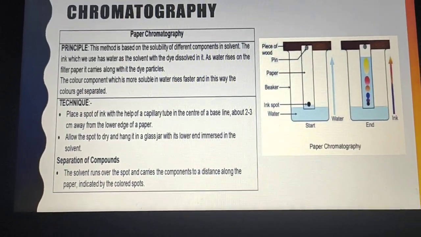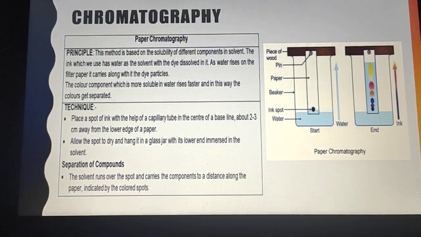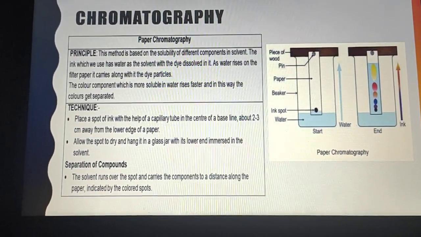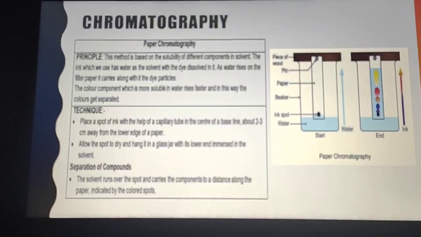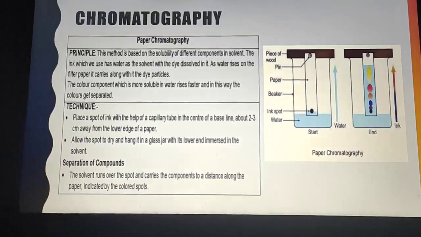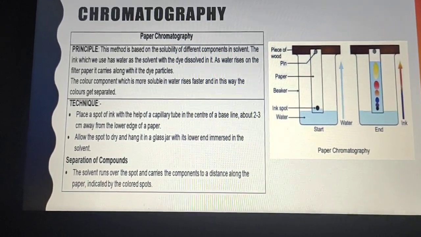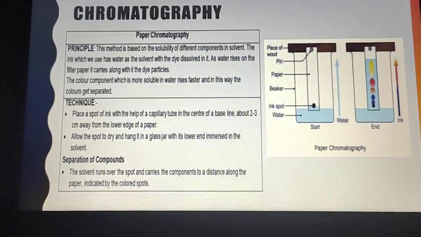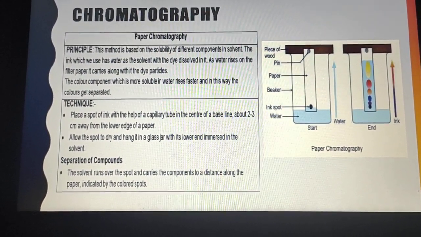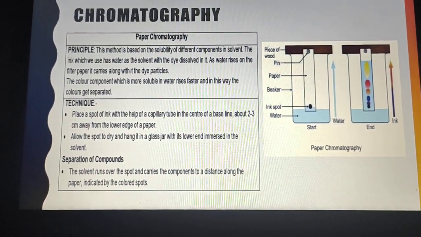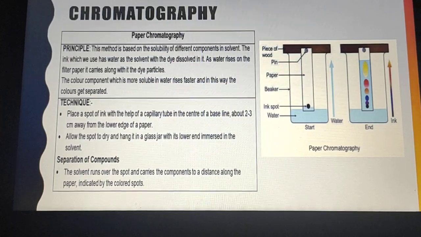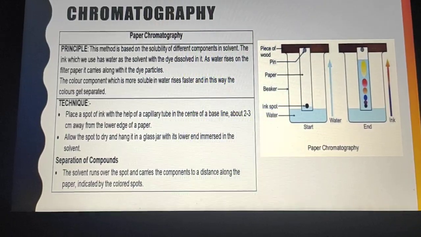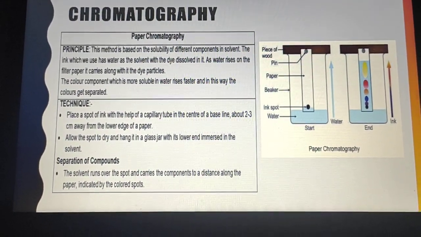Then you put it in the jar without touching the wall of the container or beaker, and dip that line, that point, in the solvent and keep it for 5 to 6 minutes and see the observation. In the next beaker, the components present in the mixture of the ink get separated at different spots, and you can see brown, blue, orange, yellow, red, etc. There is one end up to which the solvent travels. In the next beaker you can see the strip become blue at a particular level. That line is known as the solvent line.